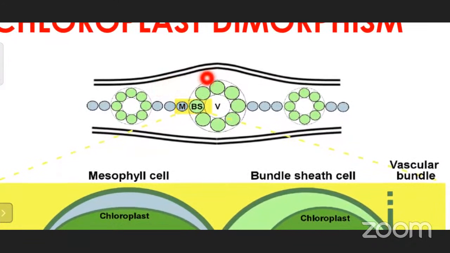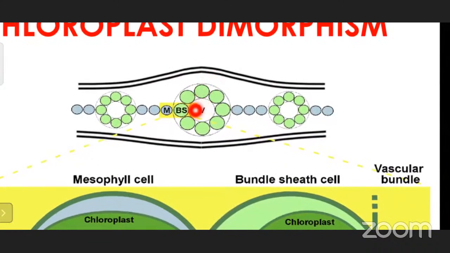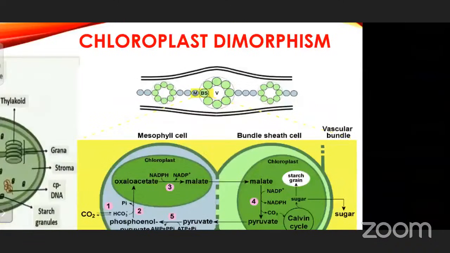So all over the plant there will be mesophyll tissue, mesophyll cells here in the center, and particularly the vascular bundle will be located here, xylem and phloem tissue. Surrounding these vascular bundles only, the specialized bundle sheath cells are present. This arrangement is called Kranz anatomy, and